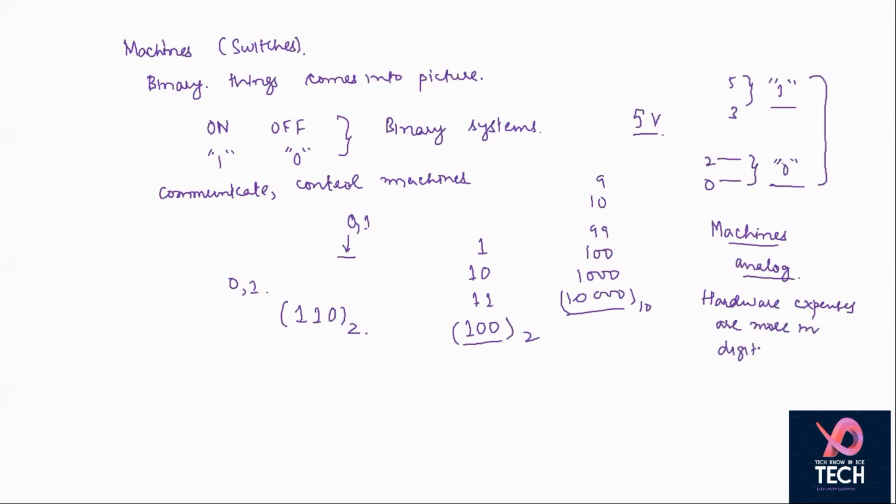Still, we prefer digital because of accuracy and the way they can be created. So now, coming forward, how can you actually convert a number into binary? Suppose I give you the number 9 in decimal and ask you to get the equivalent binary. When you work with me for some more time, you can directly write 1001 base 2.